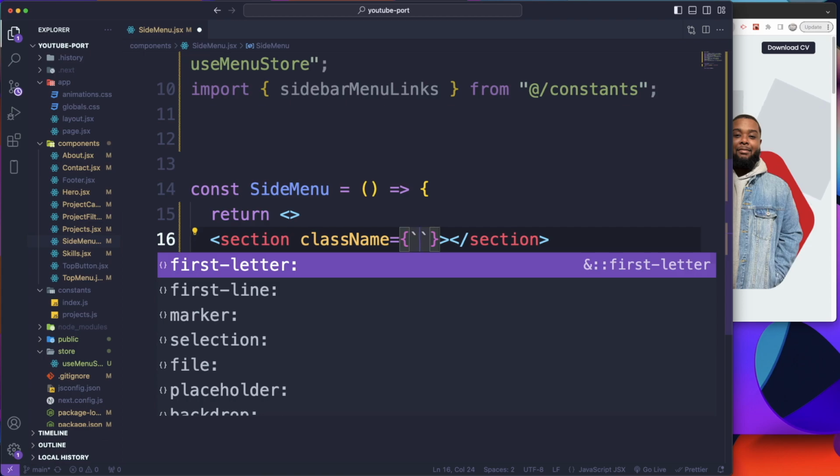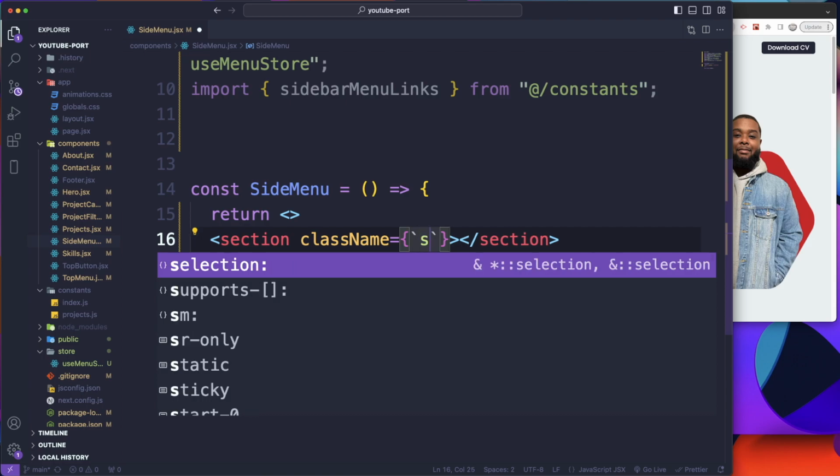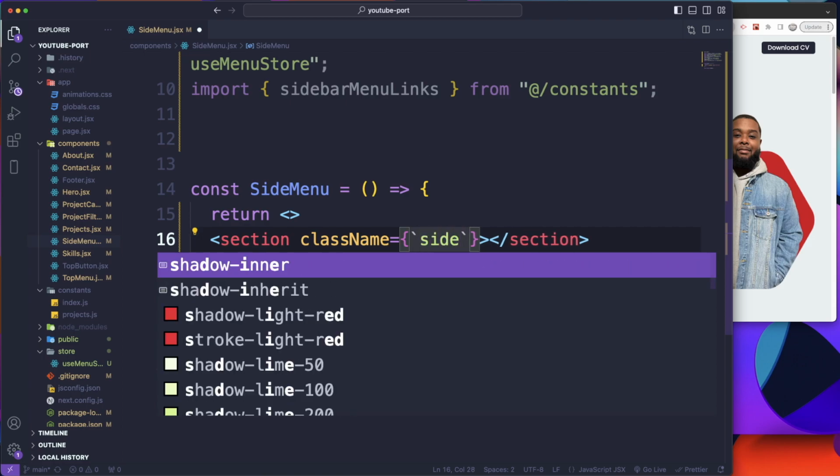So this is what I was talking about with the Zustand store. Whenever we want the top menu to toggle this side menu, that's the whole reason of that Zustand store, so that way we can manage the state between these two components. So this is gonna have a class name of side menu,